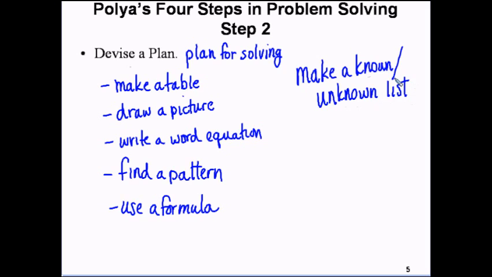Make a list of knowns and unknowns and see how they work together. Just things like this. If we're in algebra, and I want you to do distance, rate, time, the two trains leave the station traveling in opposite directions, or those problems that you all need. For those, I always say draw a picture. When I say draw a picture, I mean you take this train station, and then you have train